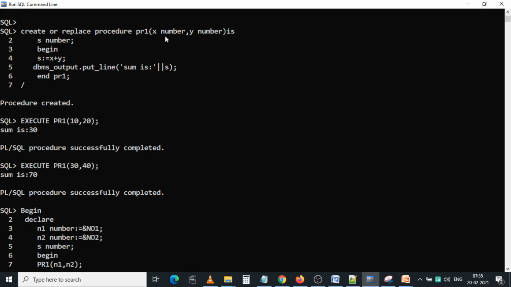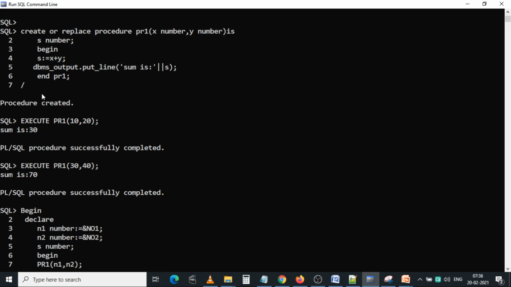This procedure accepts two numbers, performs an addition, and prints the sum. The addition value will be displayed in the procedure only.